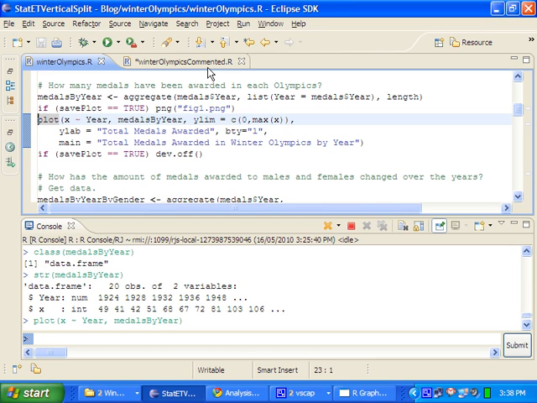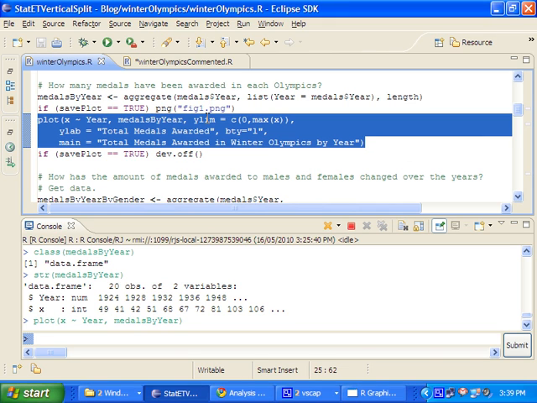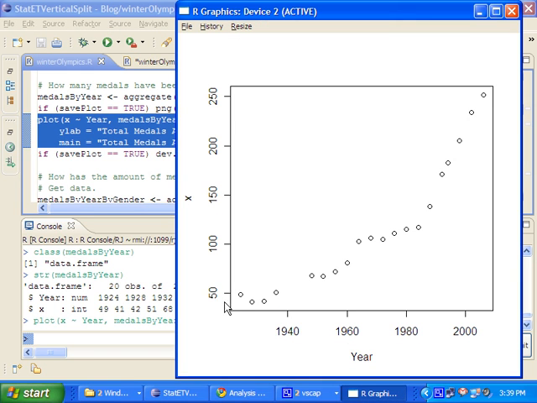Type in a formula, x tilde year, which is saying that x is predicted by year, or x is the y-axis, year is the x-axis, and the data, those variables, are coming from a data frame. In this case, medals by year is the name of the data frame. But I can add extra things, such as a y limit. So if I want to have 0 as the limit instead of what it's defaulted to, which is around 40,